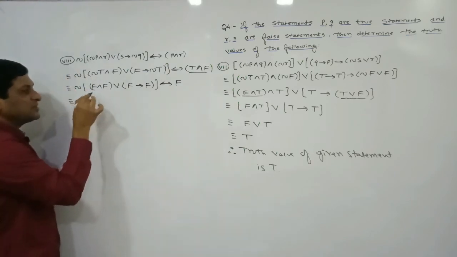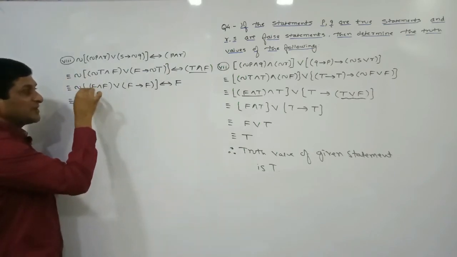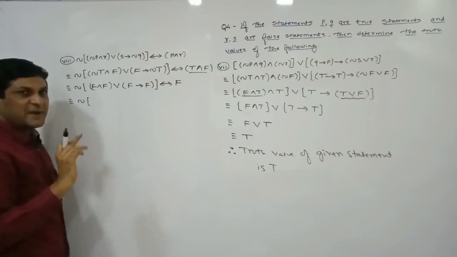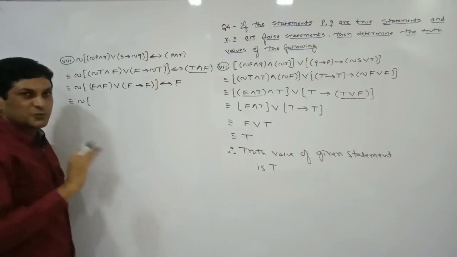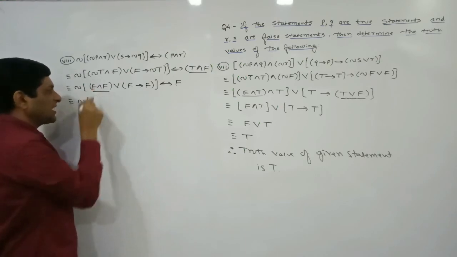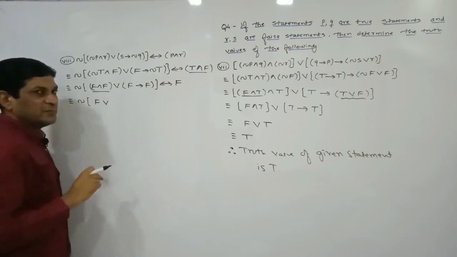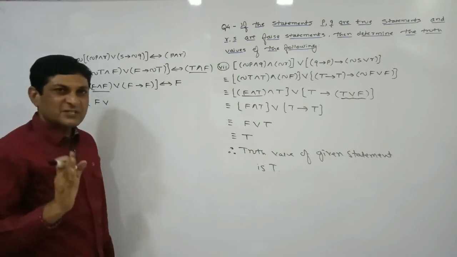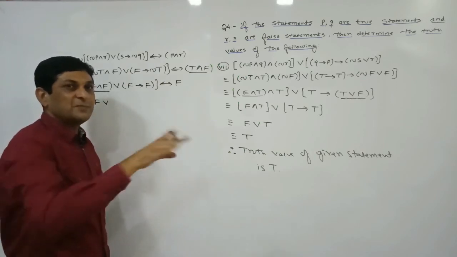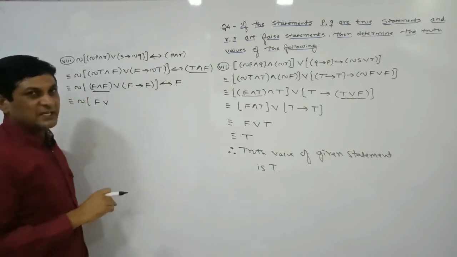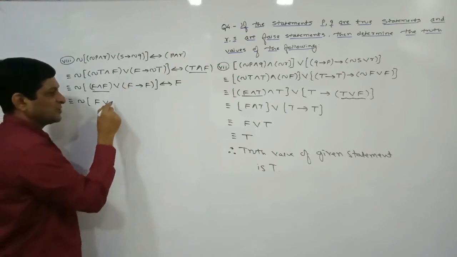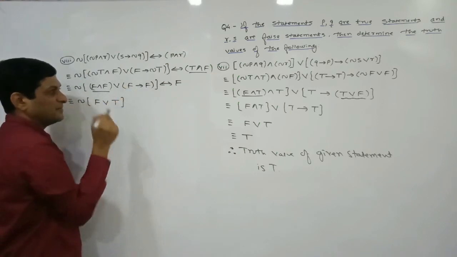Negation, keep it as it is. Here T and F and F. In case of and, if at least one statement is false, truth value of and will be false. Here both are false, means value of first bracket will be false. In case of implication, what we have seen, if one statement is true and means T implies F is there, at that time only implication is false. Here T implies F does not appear, so we can say that its truth value is T.